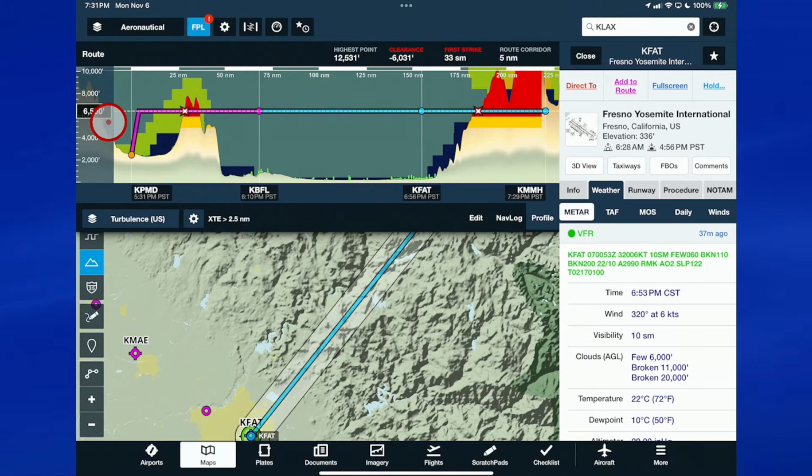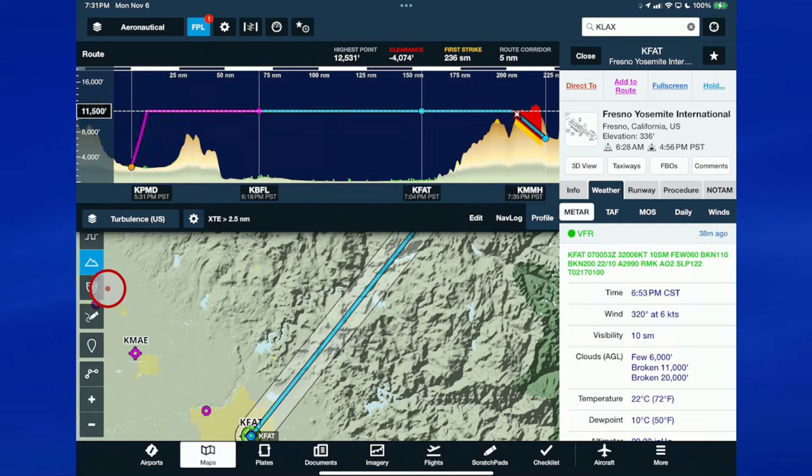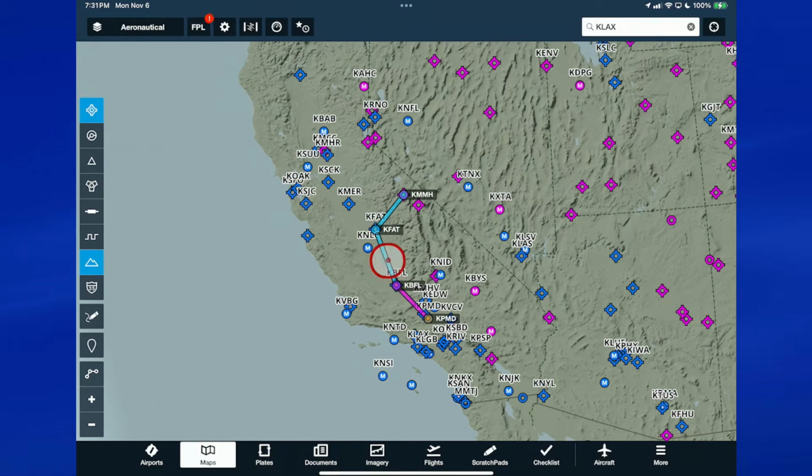You can see this isn't quite going to work at 6,500 feet, but I knew that was going to be the case. I'm going to just drag this altitude up to, what am I doing? Westbound first, then I'm making a turn eastbound. Let's take a look at this again. Zoom to route, close the drawer. I'm going westbound and then eastbound. Well, all the way to Fresno is going to be westbound, as we know is going to be even altitudes plus 500 for VFR. And then eastbound, I got to do an odd altitude plus 500 for eastbound.